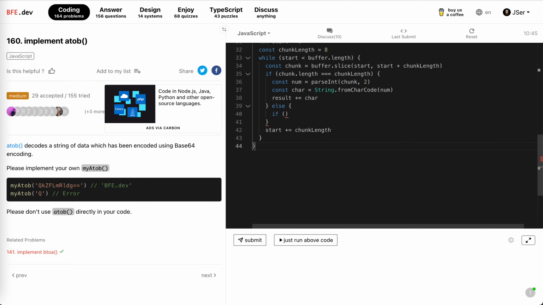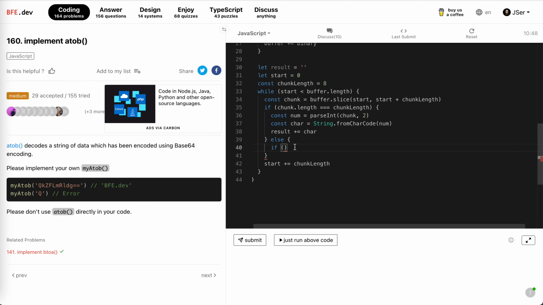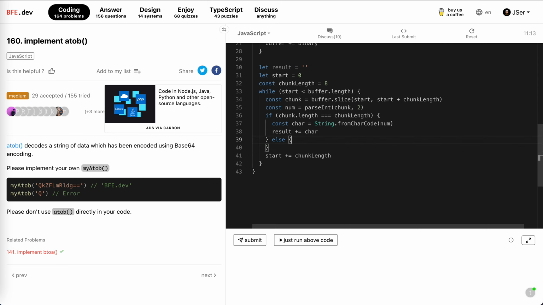So we could safely check if there is only 0. So we could, okay, parse it. So maybe num equals parse the chunk. Oh, we get it. And if num is not 0, I think we should throw an error here. If there's 1,